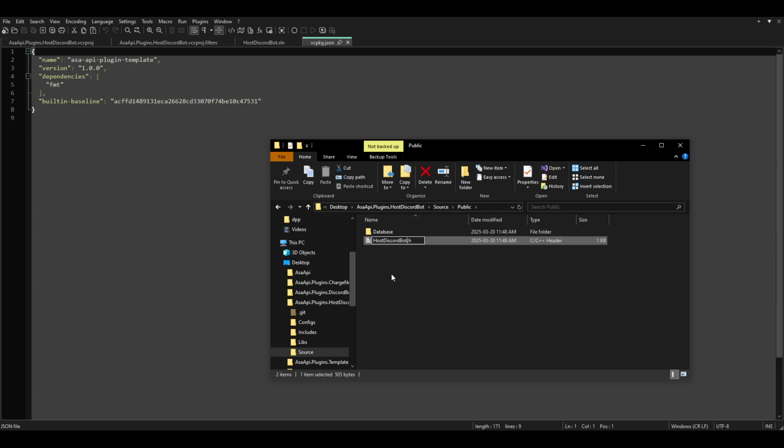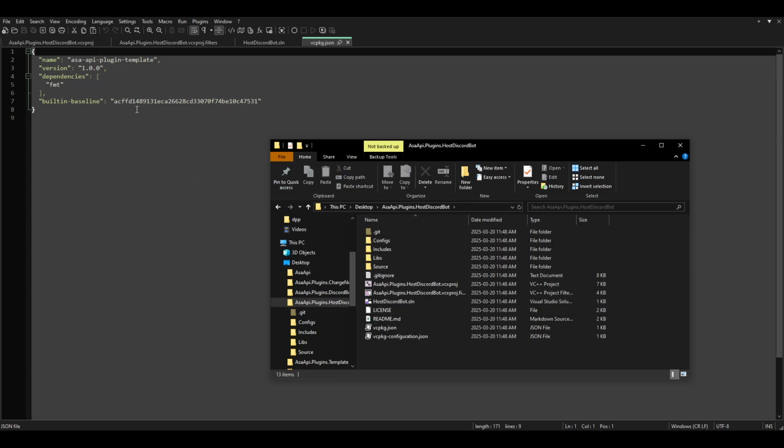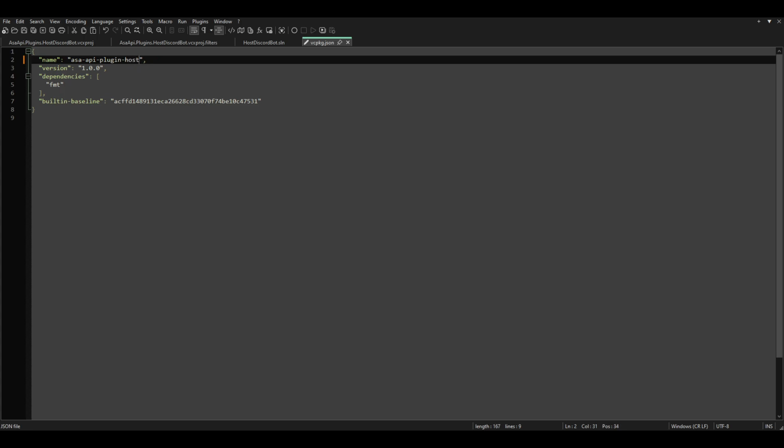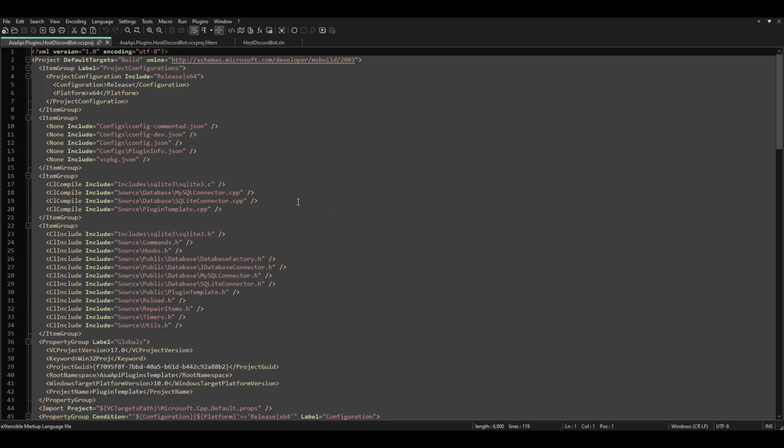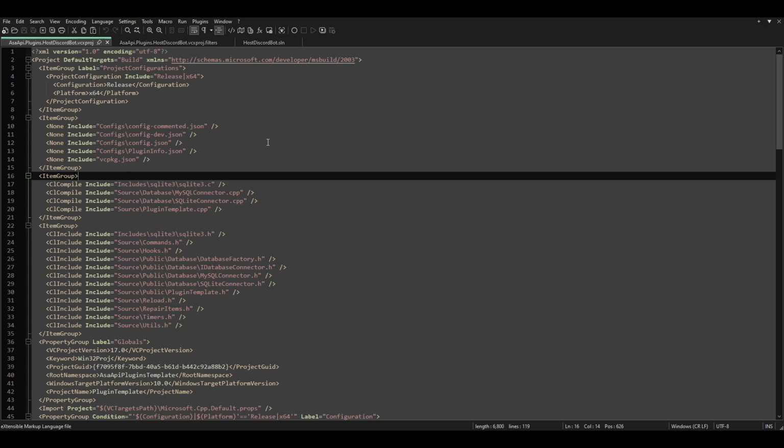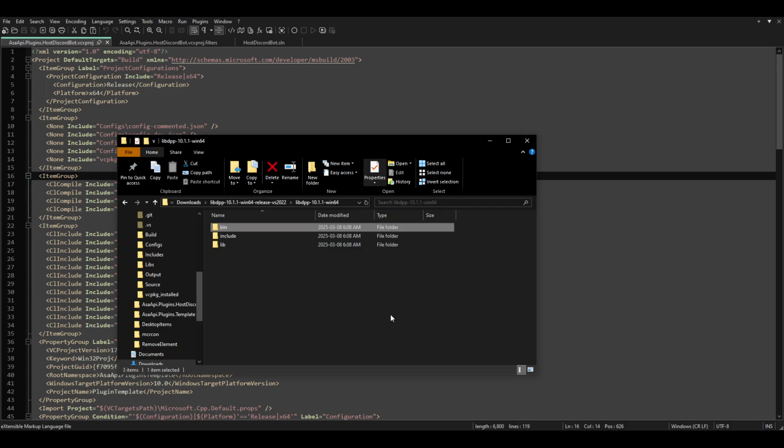Public H file. Okay, template should be easy, right? Host Discord bot. Just that. I wish I could add the D++ right here, but it's not working as I tested. Yeah, so I ditched it. I'm looking for a way to make this a static library, because after downloading that zip,